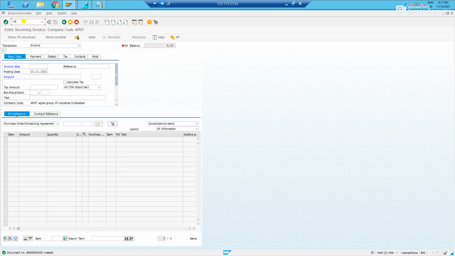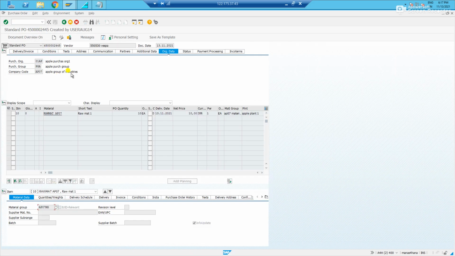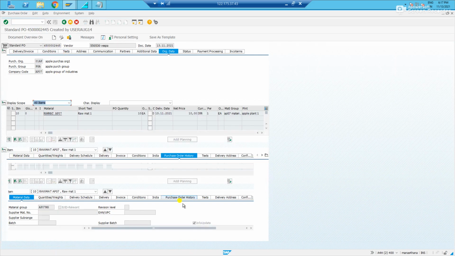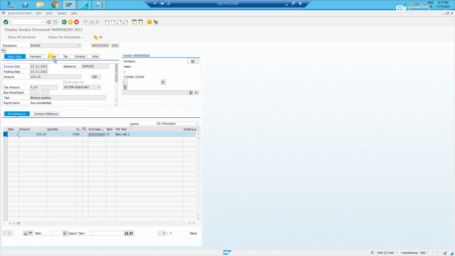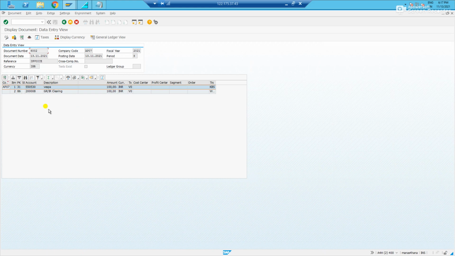Let us check the same in the purchase order again, ME23N. If you see in the purchase order history tab, now the invoice line is also added. Let us go to the line and click on follow-on documents. This is the accounting entry which is posted.